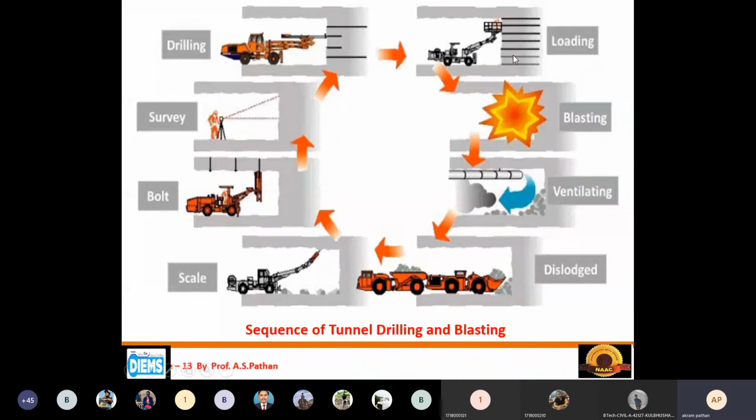Don't go near this particular area because blasting will be happening there on the construction site. Such awareness should be there because the possibility of an accident during the blasting will be there. As an engineer, our responsibility is that at each and every step of tunnel construction, we have to follow all the rules and regulations.